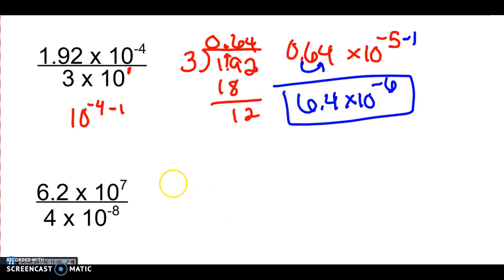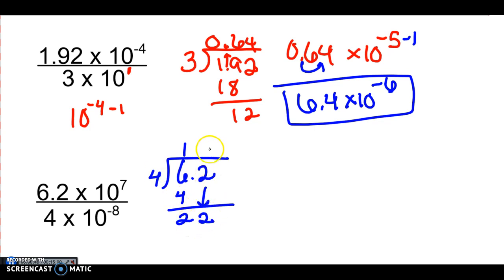And the next one. I have 6.2 divided by 4. 4 goes into 6 once. 1 times 4 is 4. I get 2. Drop down the other 2. 4 goes into 22 5 times. I'm going to move my decimal point up. 5 times 4 is 20. I get a remainder of 2. Now, you can keep adding zeros because it's after the decimal point if you remember that. So I'm going to add another 0. 4 goes into 20 5 times. So I have